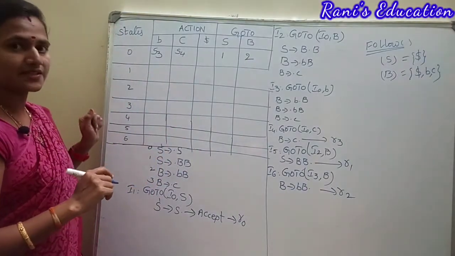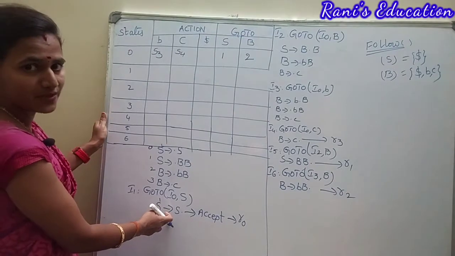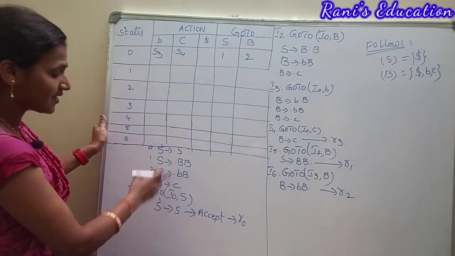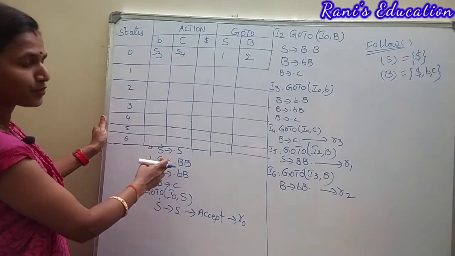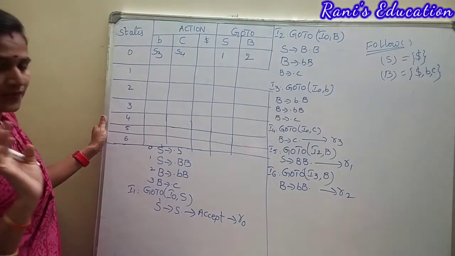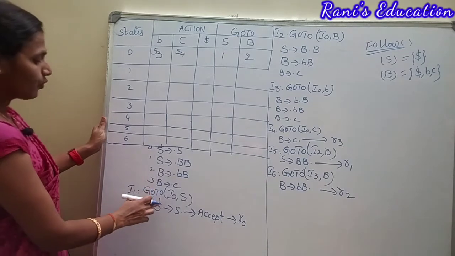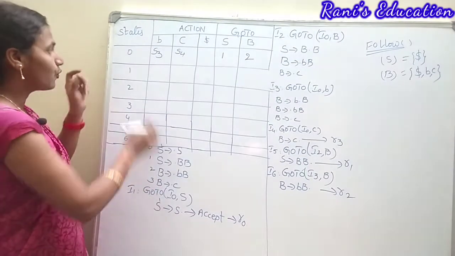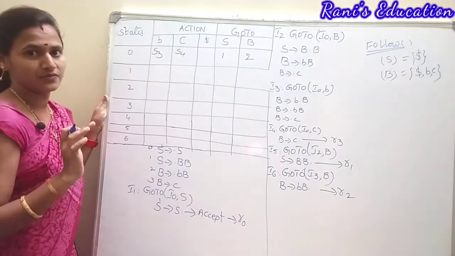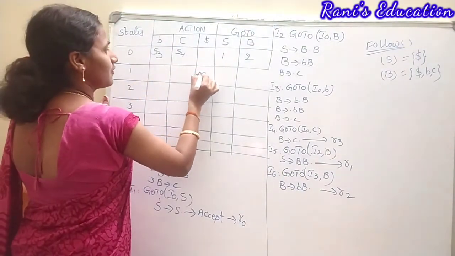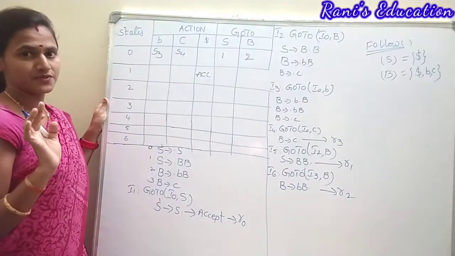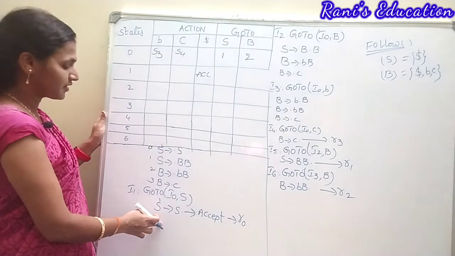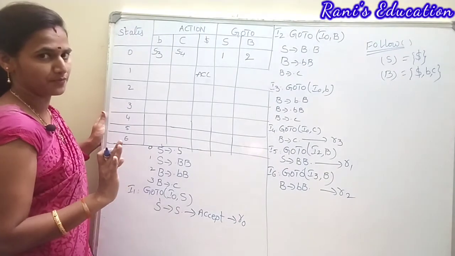Now move on to the first item. The first item is a completed one, right? Whenever we observe that the production which is the starting production of the augmented grammar is completed, then we write the item number, which is 1. 1 with dollar is accept. That we need to remember: 1 with dollar is accept. Now, are there any more productions left in I1? No, we don't have such productions.